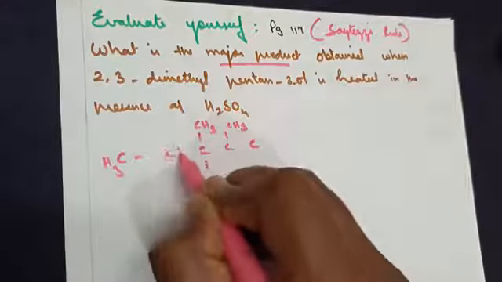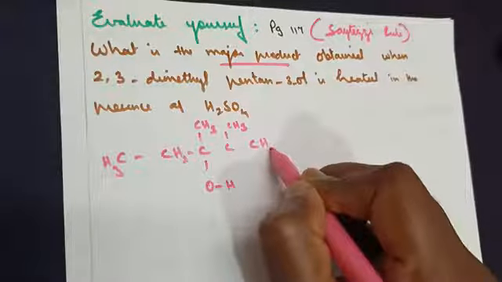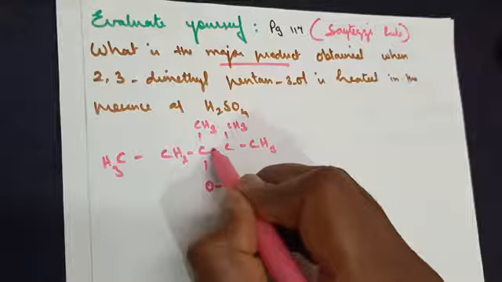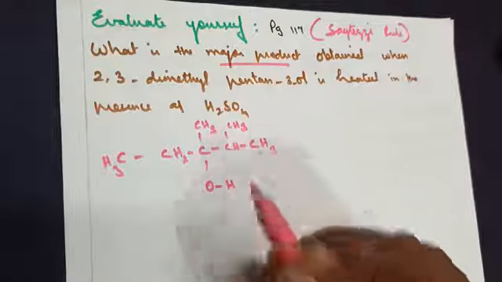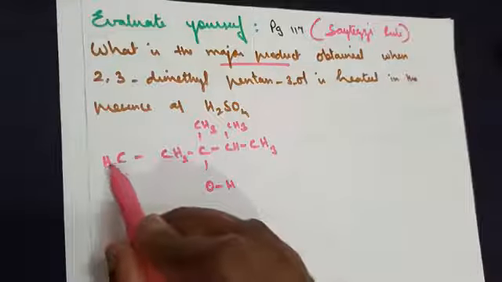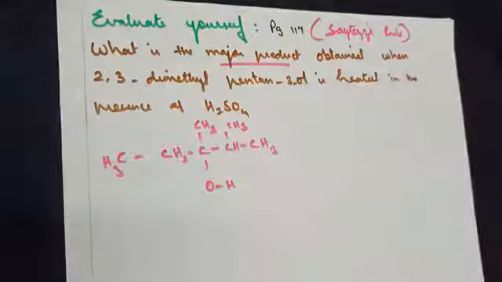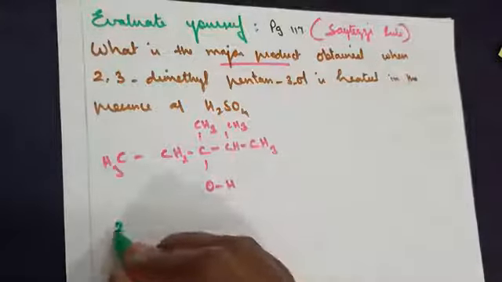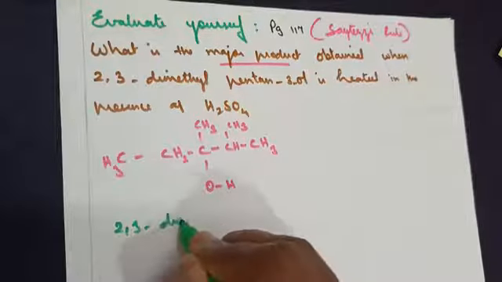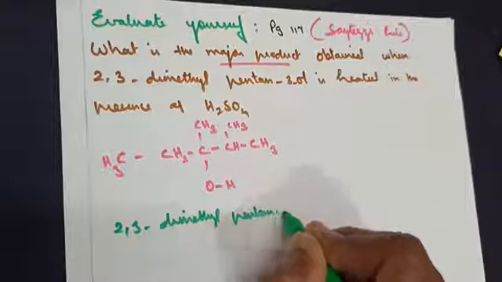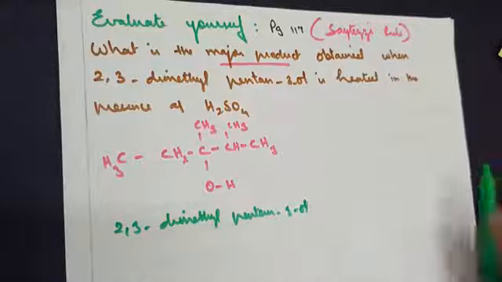Now let's fill in for the other details. CH3, CH2, CH3. Now 3, you've got 1 here. So you've got 1, 2, 3, 4 balanced. You should get 1 hydrogen here. So if you look for number of bonds around a carbon, everywhere it's balanced. So this is the structure for 2,3-dimethylpentan-3-ol. So the formula we have written.